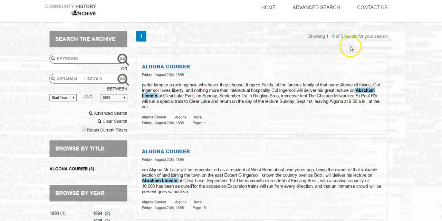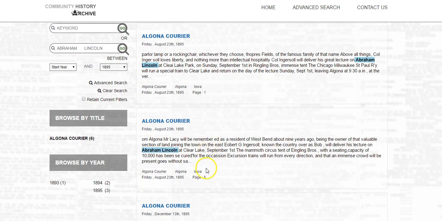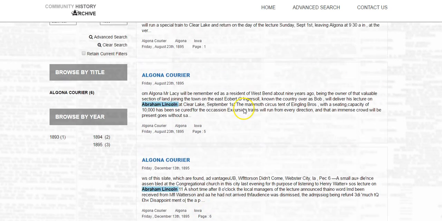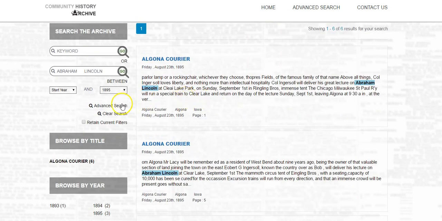And there's 6 results. There's August 23rd, 1895, page 1. See that here? Page 1, page 5, page 6 that have Abraham Lincoln on that page. So we'll go back to the advanced search again. And by the way, we can go this way. See over here, we can click over here, go to advanced search,